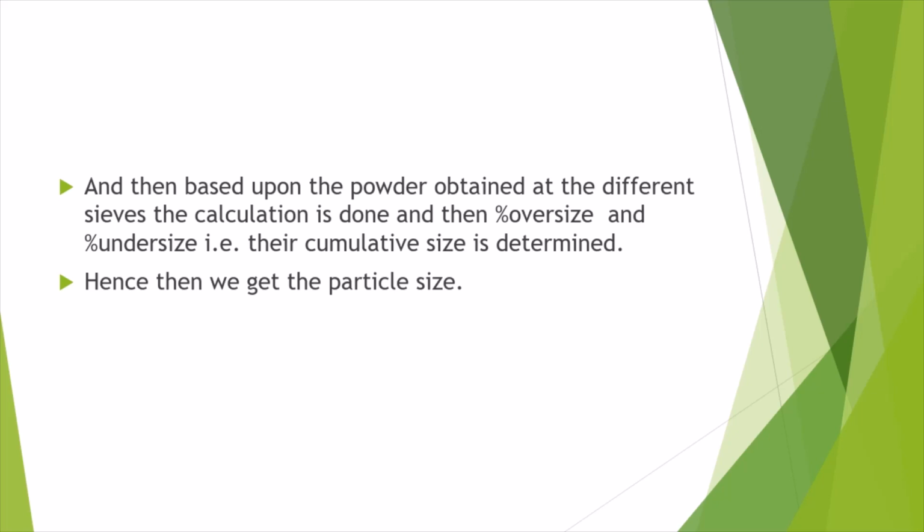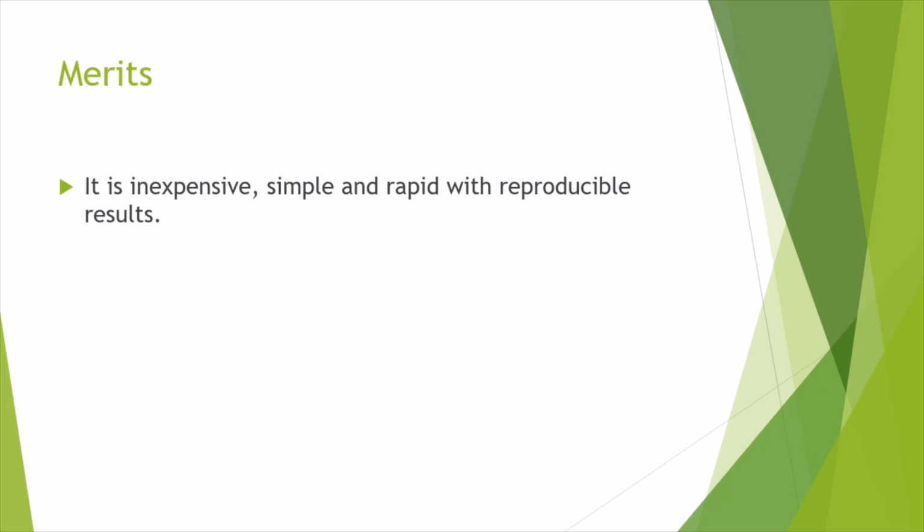And the particles obtained at the bottommost sieve, which is collected on the paper we have kept, are the oversize particles. Then the percentage oversize is calculated, and based on that the cumulative oversize or cumulative undersize can be found out, and by this we can get the particle size. So what are the merits of this method? It is inexpensive, simple,